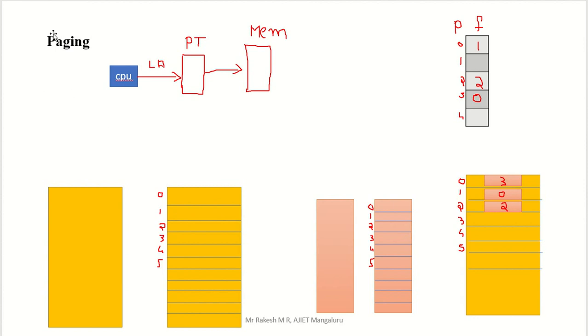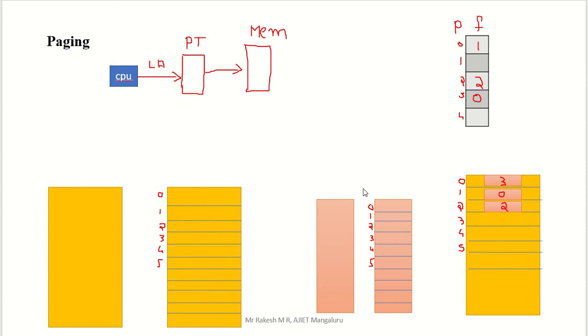After this, the paging concept comes under non-contiguous memory allocation. Non-contiguous means we can divide memory into small parts. Each part is called a frame. Remember again, each part is called a frame. So I am dividing memory, and each part is called a frame. Here also I am dividing, that is also a frame. Frame size is fixed. I name each frame: 0th frame, 1st frame, 2nd frame, 3rd frame, 4th, 5th, and it continues like this.